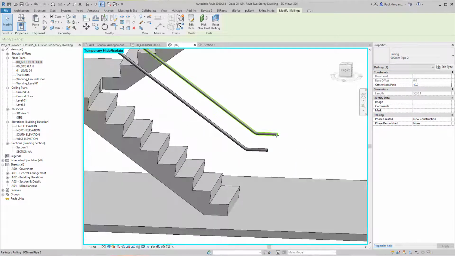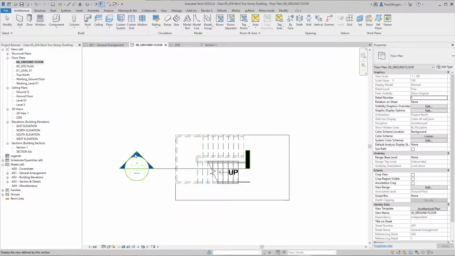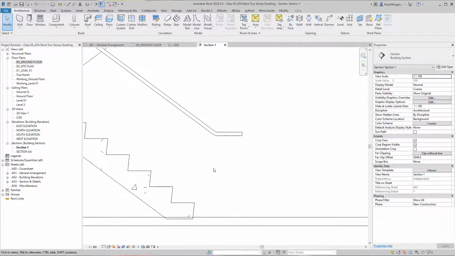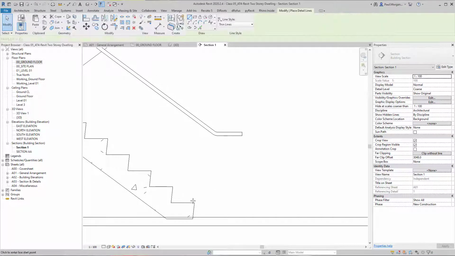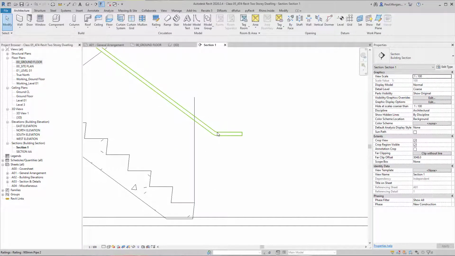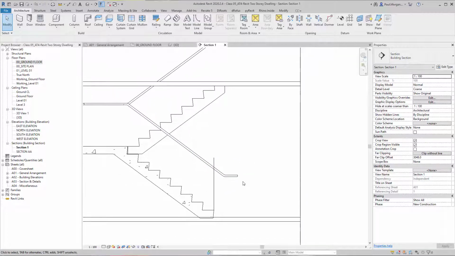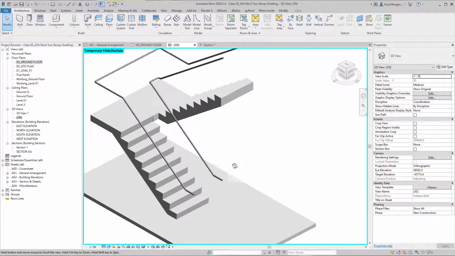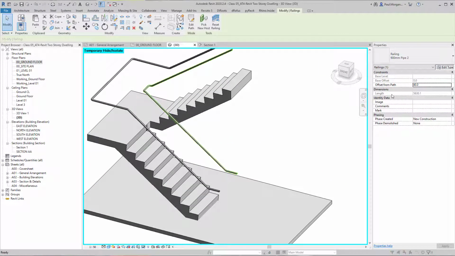And you see now these pipes have come out. Let's go back to our section just to review what we've done there. So I'll make the section a bit bigger. You'll see that if I do a detail line from here up, that's one more tread depth and then 300 mil out on that handrail. Go back to our 3D view. And then finally, go back into here